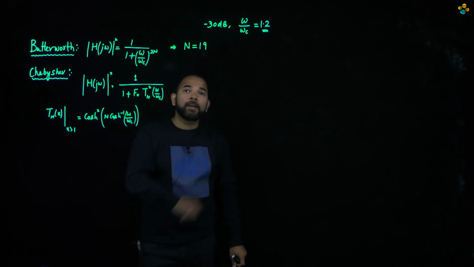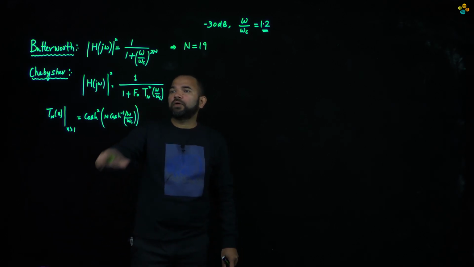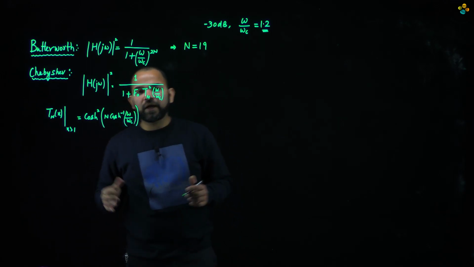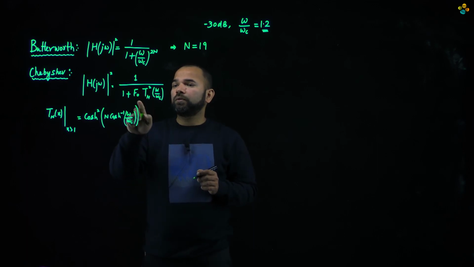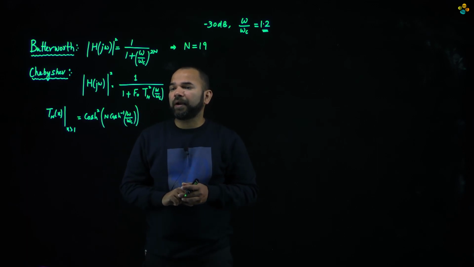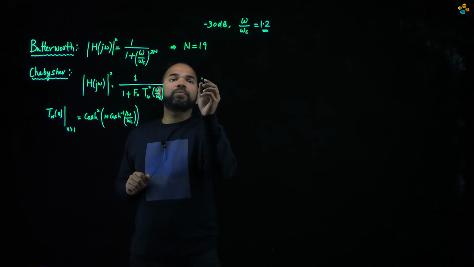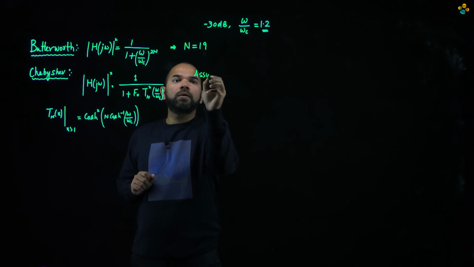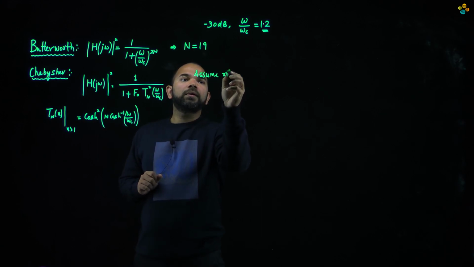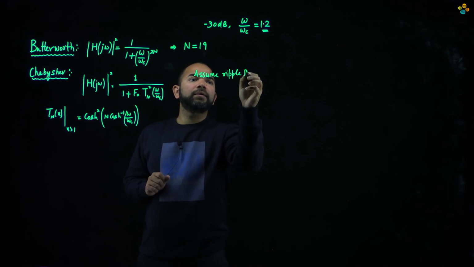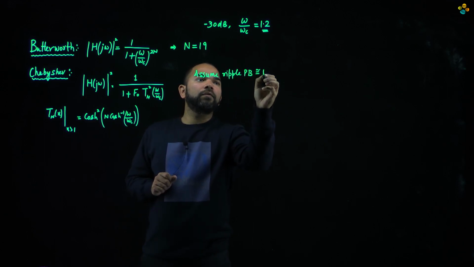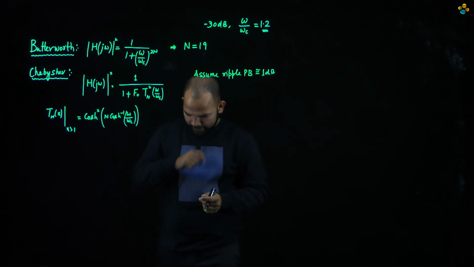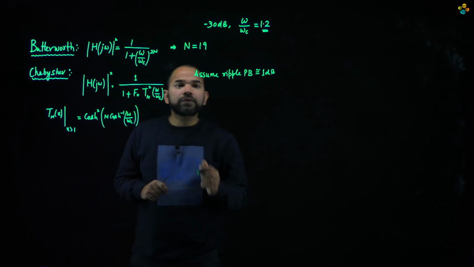Okay. So now if we talk in terms of Chebyshev, the Chebyshev filter certainly has some sort of ripples, and that is basically decided by this factor f naught. So we need to choose which ripple factor we need to design. So let's assume the ripple in the pass band is of the order of 1 dB. Okay. So this f naught